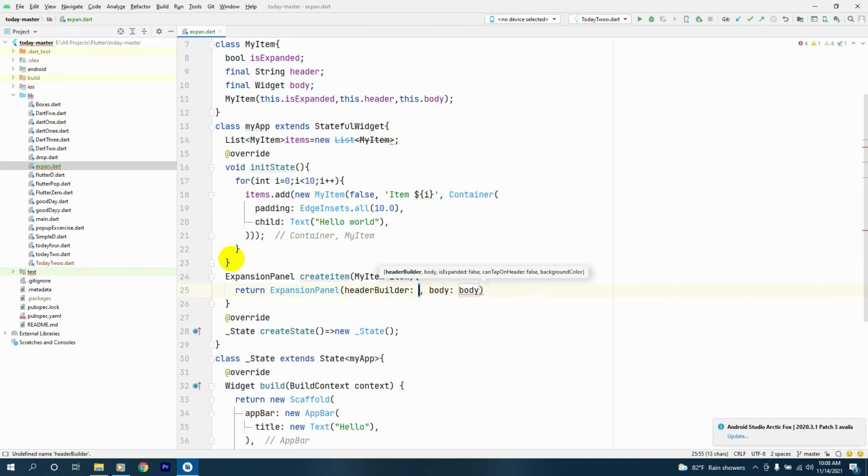Its header builder will be build context, and the body will have item.body,